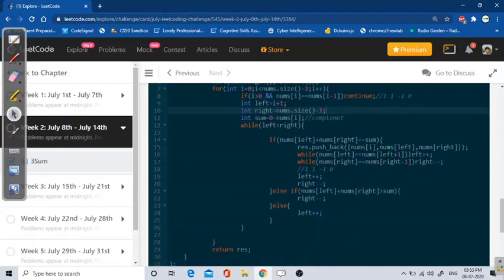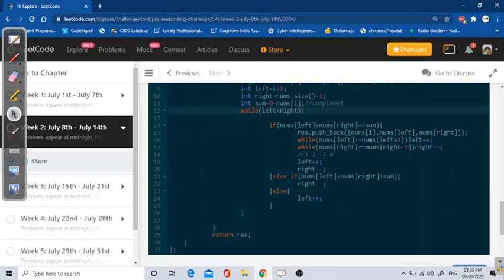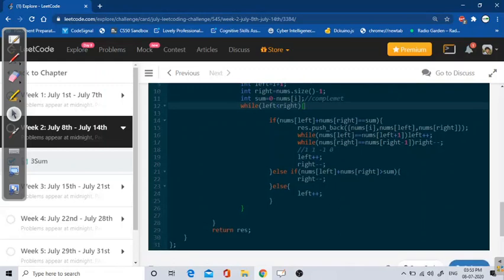After that I'm in the while loop with left and right, and if left plus right is equal to sum, result dot push back i, left, right.